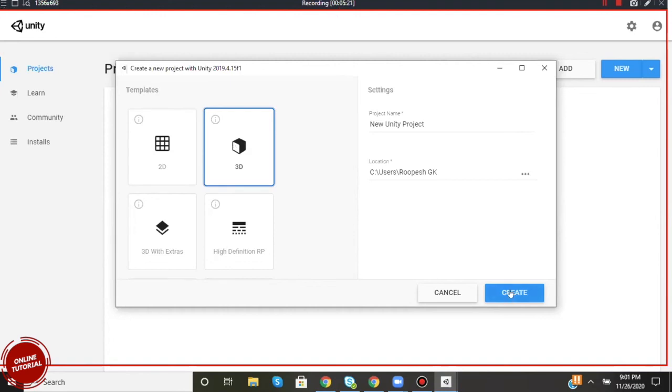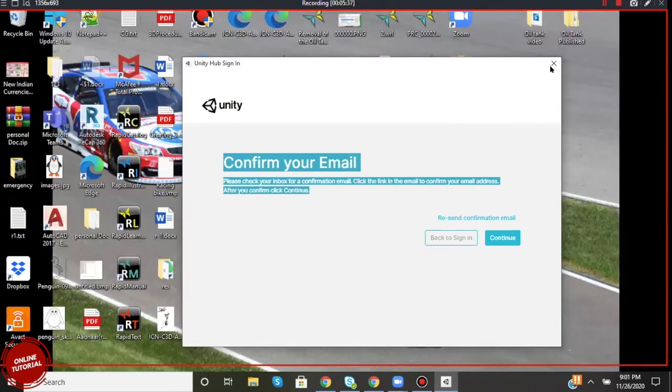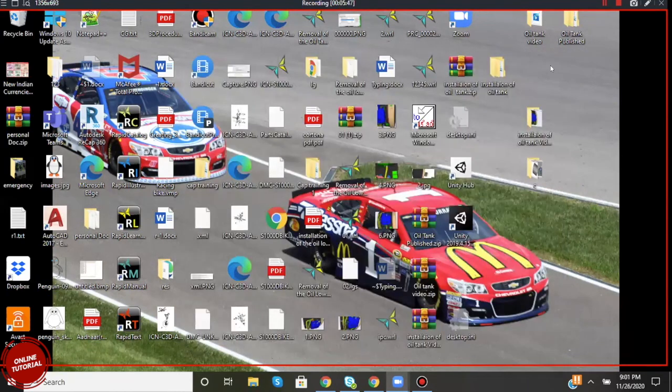Give your name to the project. Any name, like test project or start project or demo project, and you create it. I think it's created with new project. Done. Then that's it. The project is started, and I will tell more things about Unity tomorrow. Eventually it will open. It will take time to launch the engine.